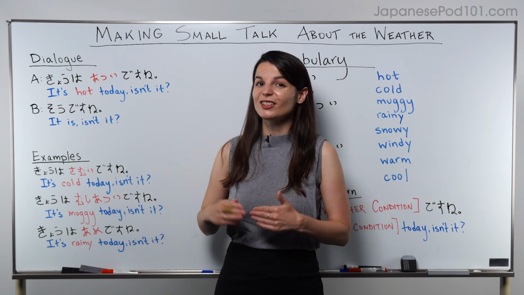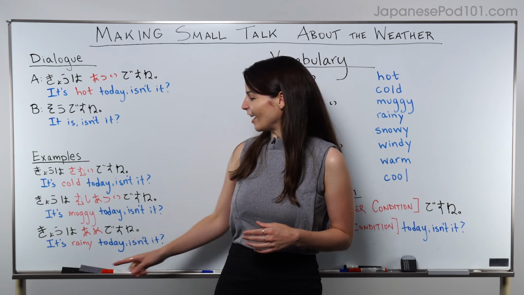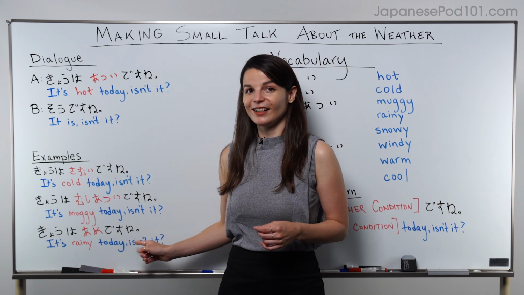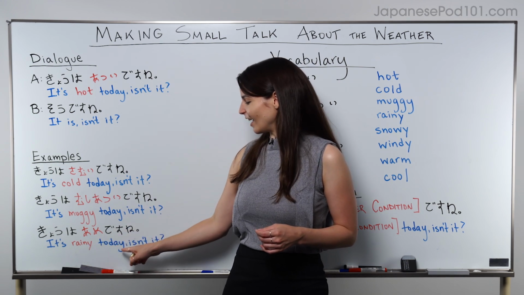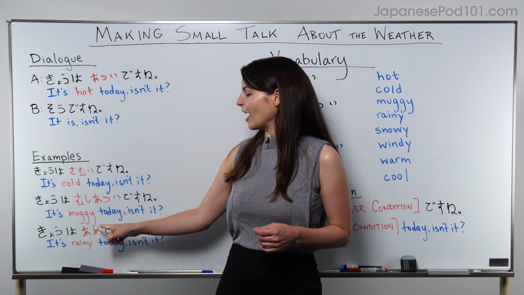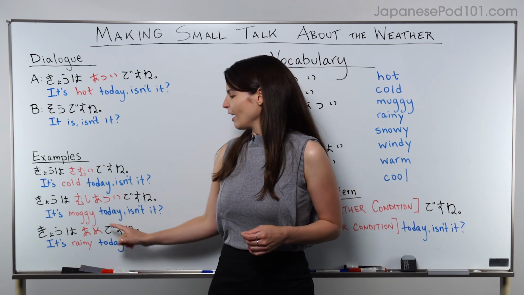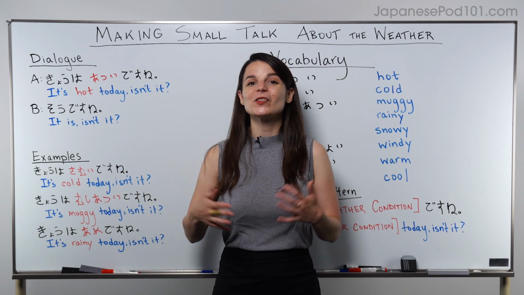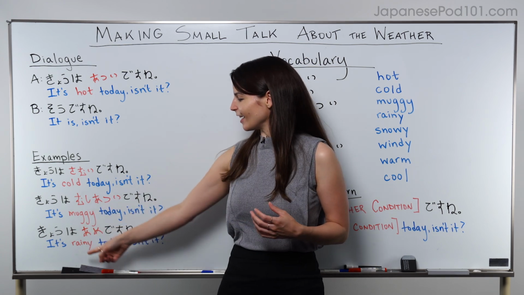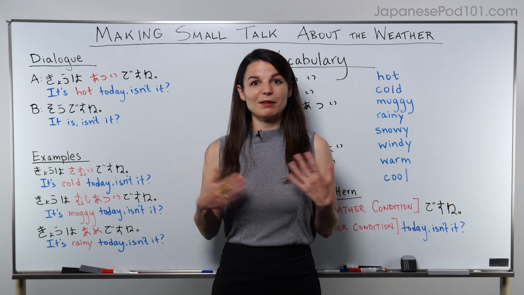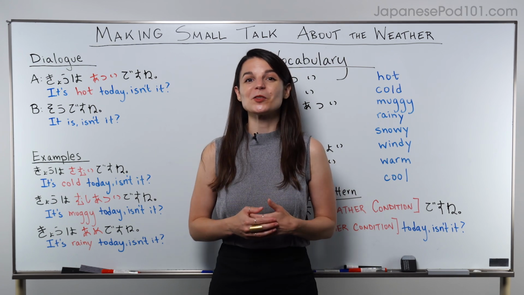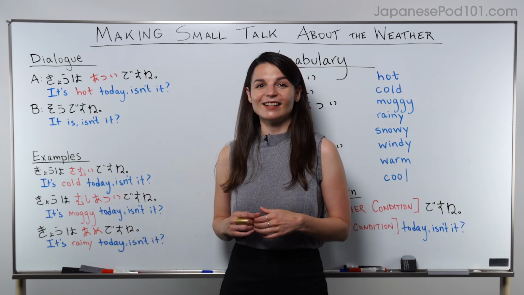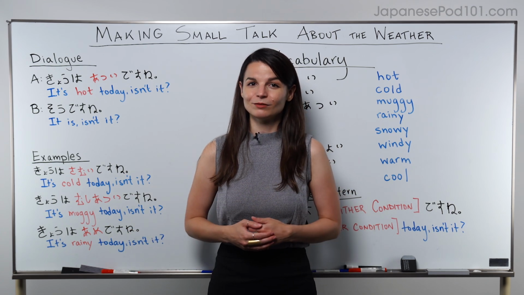Finally, we have 今日は雨ですね, which means it's rainy today, isn't it? So you might think, 雨, doesn't that mean rain? It can also mean rainy. Yes, we can use them in the same way. So in this context, we can imagine it as being like, it's rain today, isn't it? If you want to be super direct. But in natural English, we say, it's rainy today, isn't it? 今日は雨ですね.